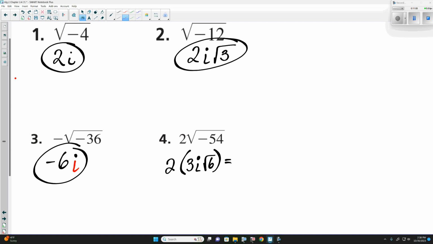Now we do need to multiply these together. 2 times 3i is square roots of